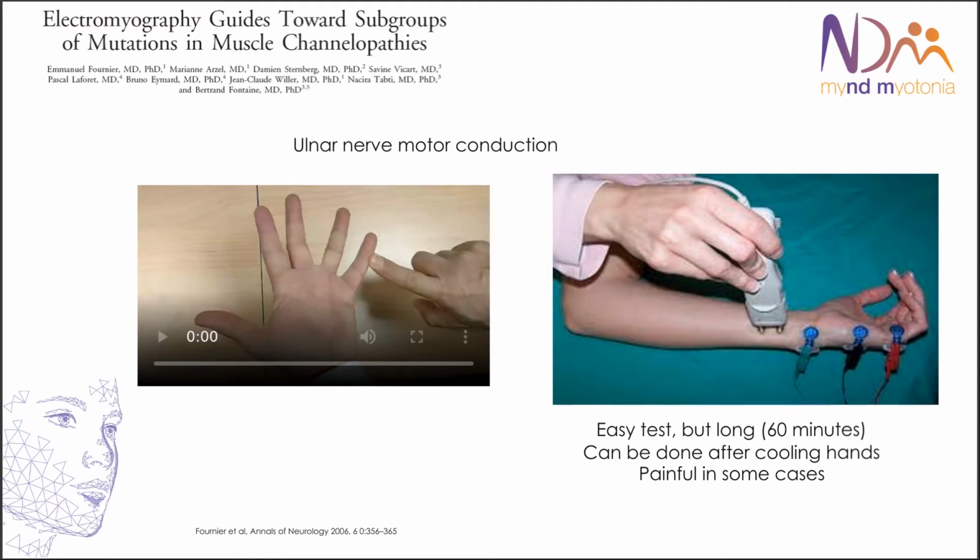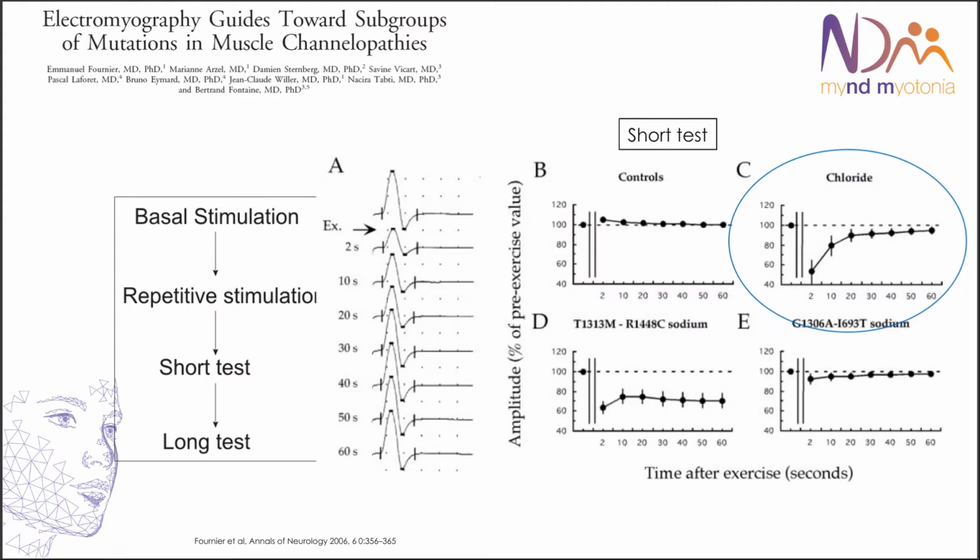Trying to close the finger. So the patient will do this during a certain period of time, and we are then going to stimulate the ulnar nerve and analyze the amplitude of the motor action potential of the ulnar nerve. So the main protocol starts with a basal stimulation, where we analyze the motor action potential at baseline. The paper described that it could be interesting to perform a repetitive stimulation before starting the study, just to be sure that there is not any problem in the neuromuscular junction.